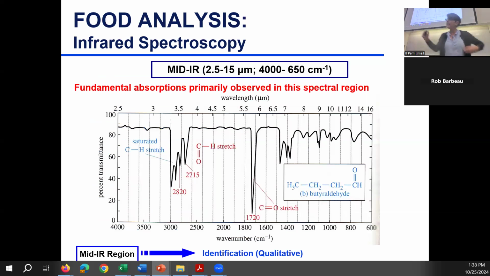All right. This is a typical mid-IR spectra. In mid-IR, your peaks are really sharp and defined. You'll see later with near IR,